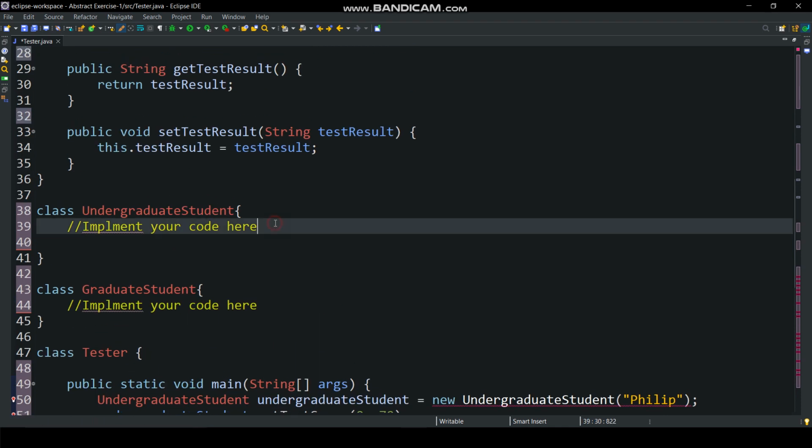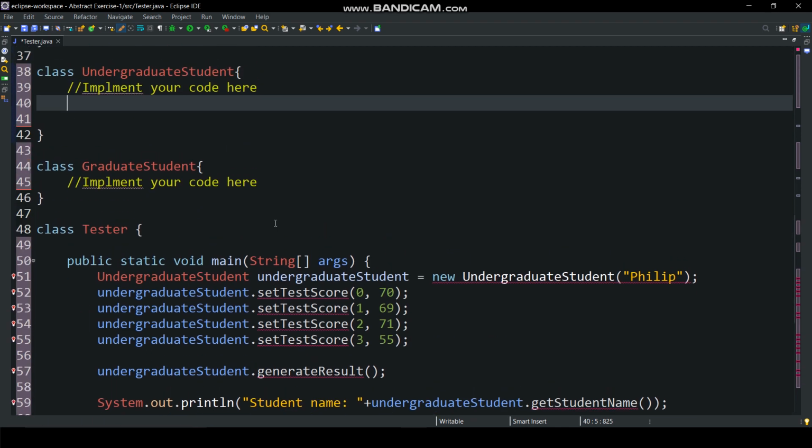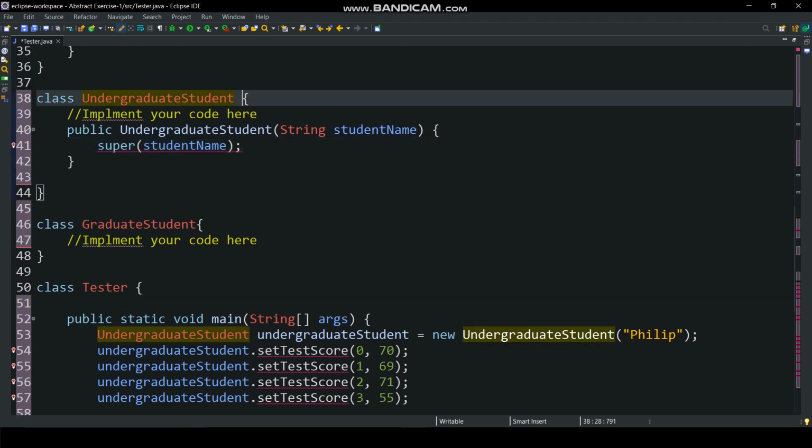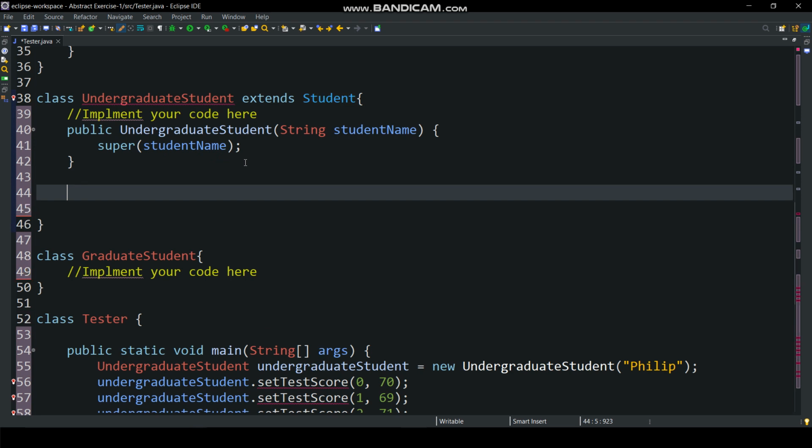Then in undergraduate student class create a parameterized constructor. Here we have not declared any variable, so here we need to use parent class constructor. After this, here we will implement generate result method as shown in the description.